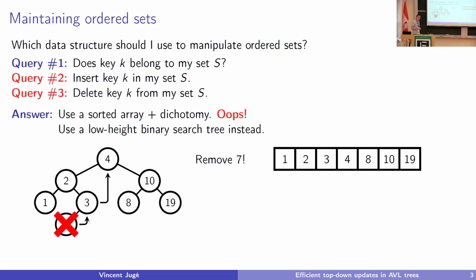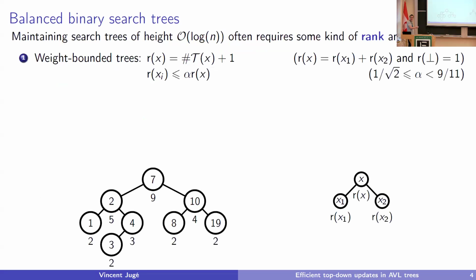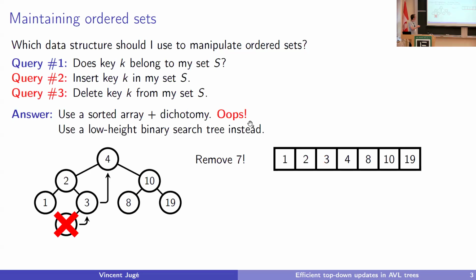And finally, if I want to delete a key k from my set, well, if I want to delete a leaf, I just delete it. And if I want to delete an internal node, there are some tricks to finally delete a leaf anyway. So for instance, if I wanted to delete the element 7, which was present at the root,